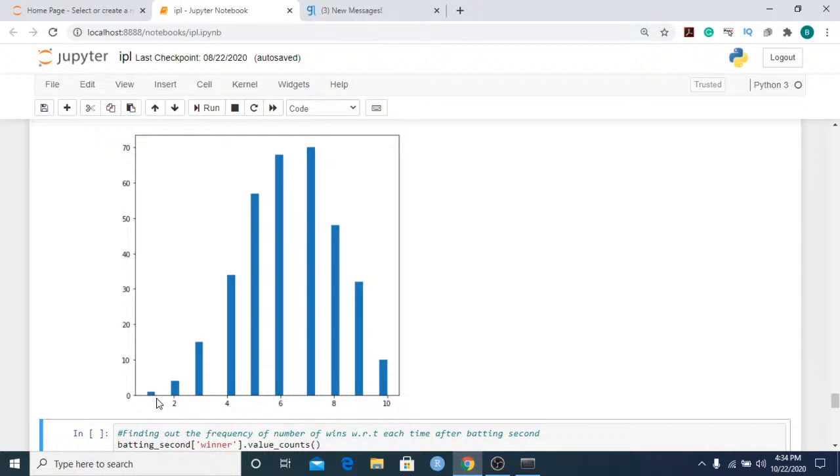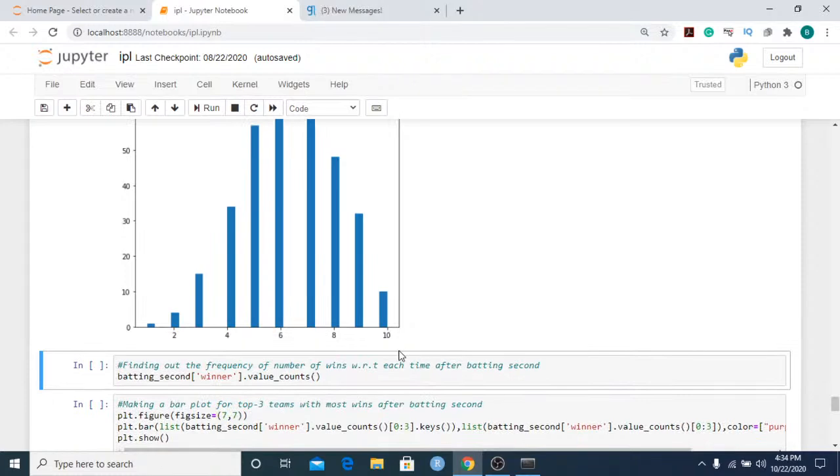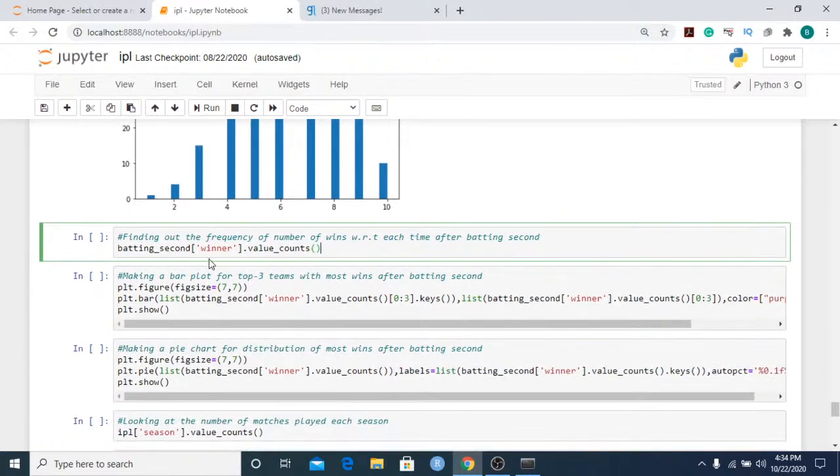So these are some interesting insights which we can get from this histogram right now. Now after this, as we had done with the data frame of teams batting first, we'll do the same over here. I want to get the frequency of number of wins with respect to each team after batting second. So basically I have this batting second data frame, and inside the parenthesis we are passing in the winner column,